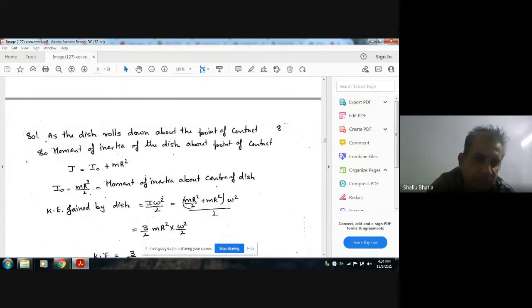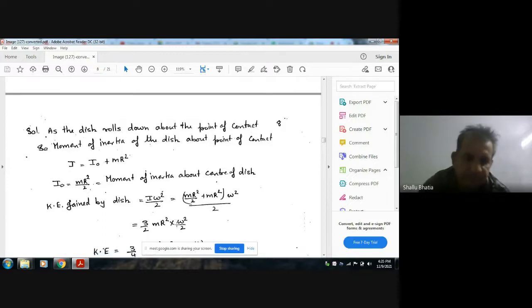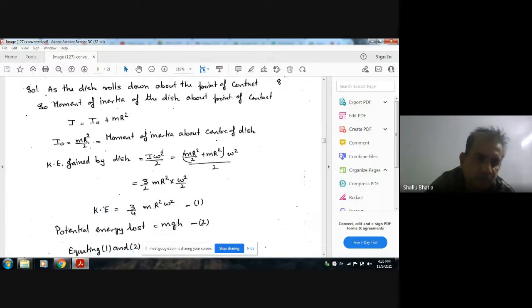I is the moment of inertia about the contact point, and omega is the angular velocity, because when something is rolling, it is rotating about the contact point. So its kinetic energy is I omega square by 2. Putting in the value of I, we get this much kinetic energy. So the kinetic energy is 3 by 4 mr square omega square, and the potential energy loss is